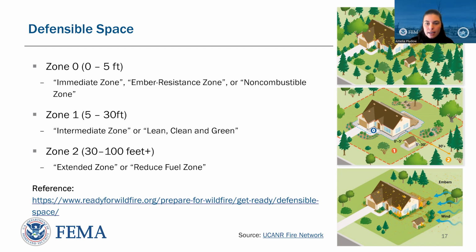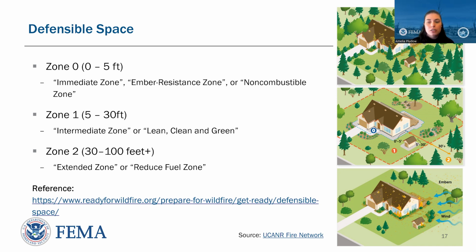Defensible space is the area of the home ignition zone that extends from the structure's foundation and exterior wall out 100 or more feet. There's a lot of literature and guidance available on defensible space, so we won't be going into great detail. And we also want to highlight there are many different naming conventions out there that you'll see, but the underlying principles are the same across all of them, which is that the highest risk area for structure ignition in a home